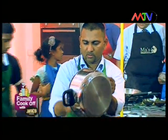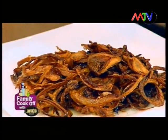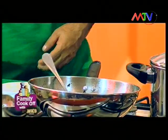The water out. And the potato wild herb soup. Actually, and then we